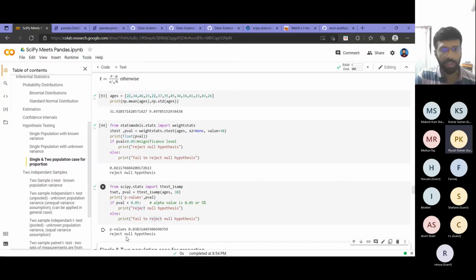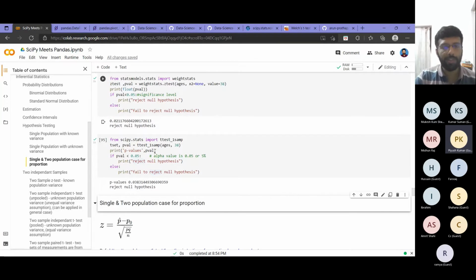The same value, I reject the null hypothesis. But as you can see here, in this case the p-value is different from what I got from the z-test. So this is expected, right? Since we learned that in the t distribution the tails are fatter than the z distribution. So we can assume that the p-value we get from the t-test will be greater than the value we get from the z-test. I hope you can compare with the plot that we saw. The tails will be fatter for a t distribution compared to a normal distribution.